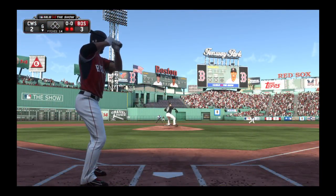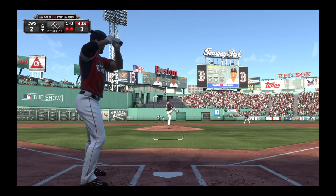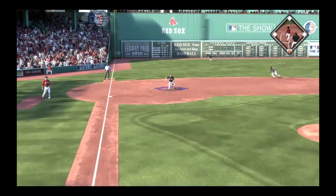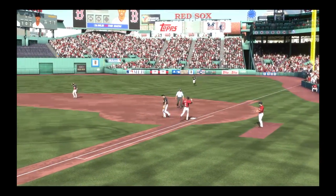Xander Bogaerts will stand in again. He's flown out in each of his first 2 plate appearances thus far. Now a check swing, but he holds up in time. Ball 1. Out in front of a curveball here as this is bounced on the ground to third. Throw on to